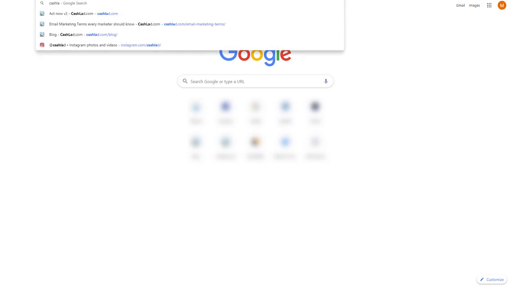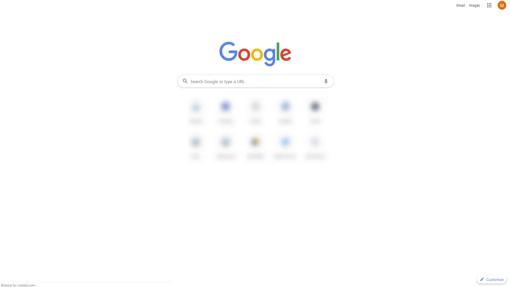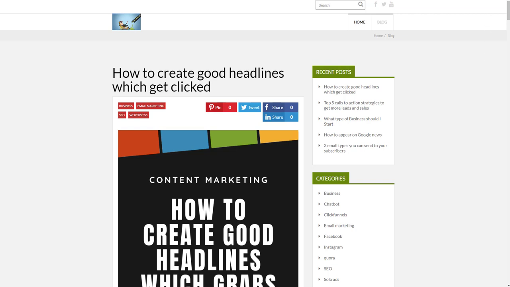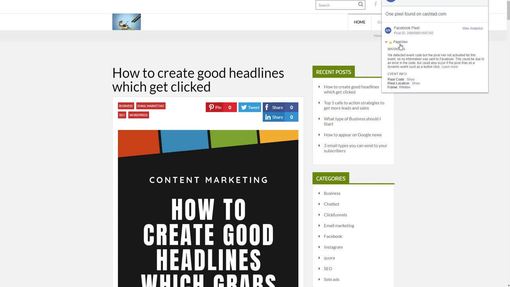So it's gonna be here, and wait while it loads. All right, loaded, and I can see already the Facebook pixel fires correctly, and I can see this as a page view, because basically this is a basic Facebook pixel code which tracks